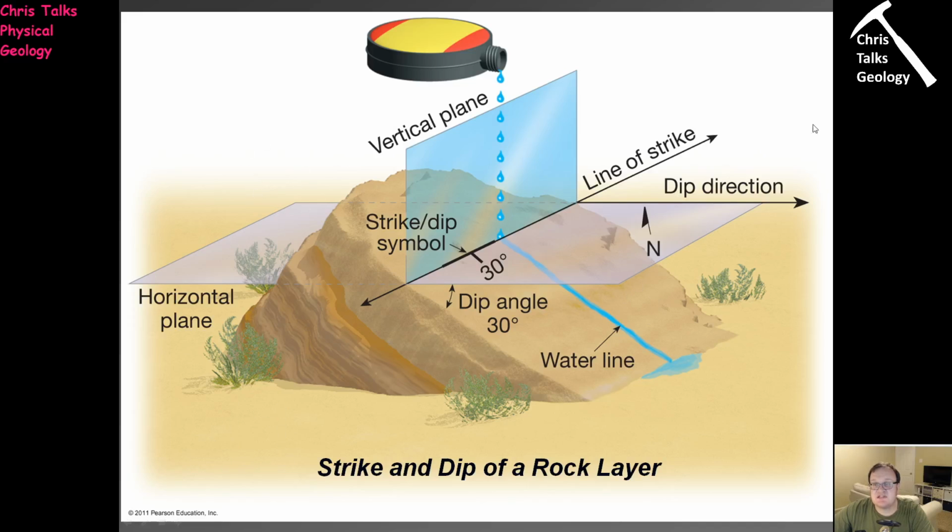So for argument's sake, let's say this is north, this is south, this is west, and this is east. So in this case, this piece of rock would be dipping 30 degrees to the east, because you can see the rock is dipping down this way, and over here is east. Okay. Now, typically when geologists refer to the dip direction, we don't use north, south, east, west, we